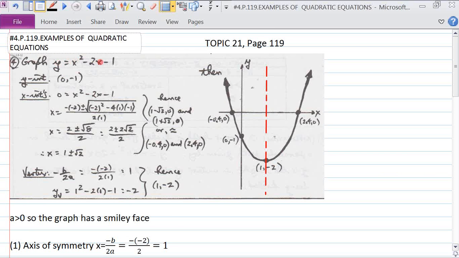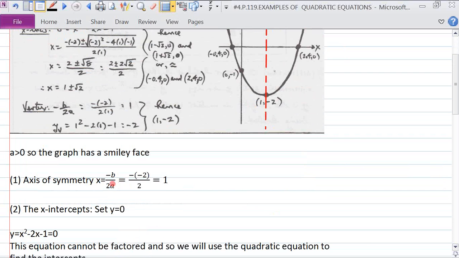So first of all, the equation y equals x squared minus 2x minus 1. So we have a term in x squared, and the coefficient of this is 1. So a is greater than 0, so the graph has a smiley face. It's like this. And the first thing we're going to do is calculate the axis of symmetry, which is given